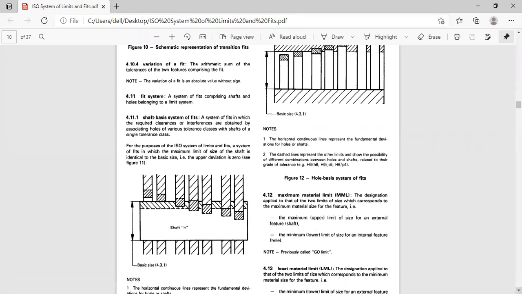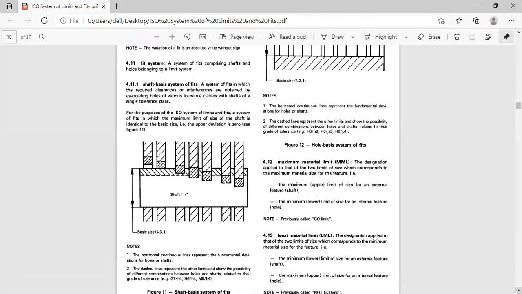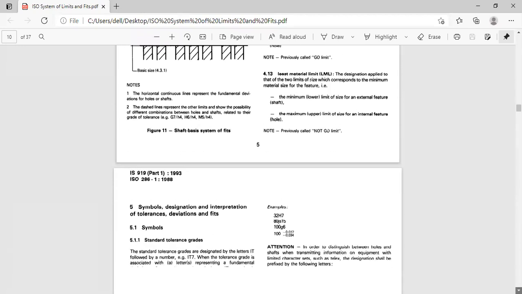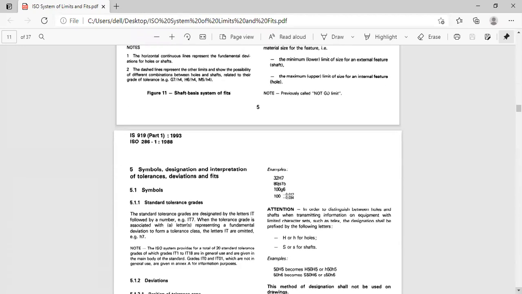So in the ISO system of limits and fits, you may get an indirect question, but if he asks directly about the hole based system and shaft based system of fits, you have to represent it like this. You have to go for the basic definition, draw the common diagram with a common zero line, and indicate the clearance fit, transition fit, and the interference fit. Already we have just discussed that. So I just want to go to those particular tables.